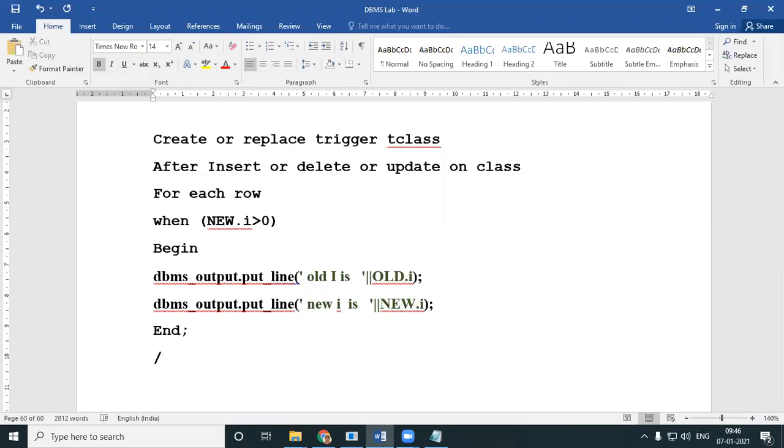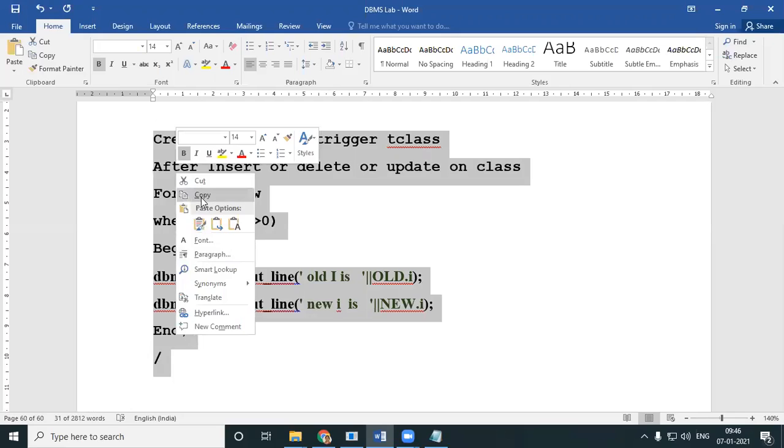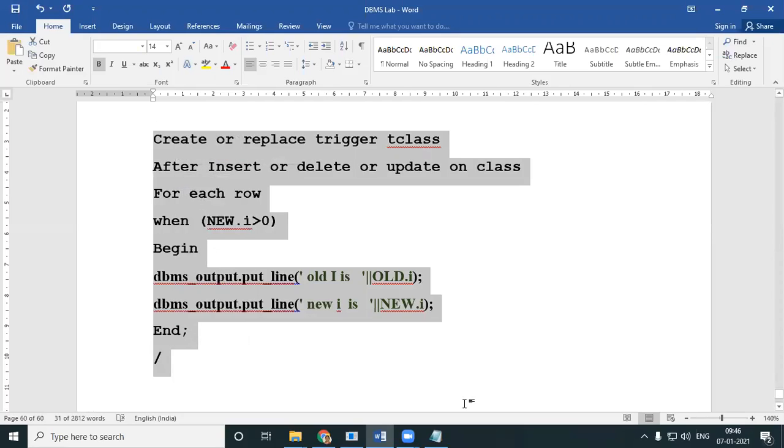We're finding out what we mean by old and what we mean by new. We're not going for any rocket science, just learning what old and new mean.